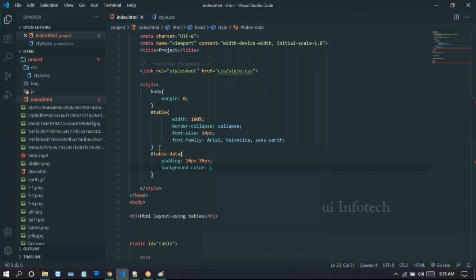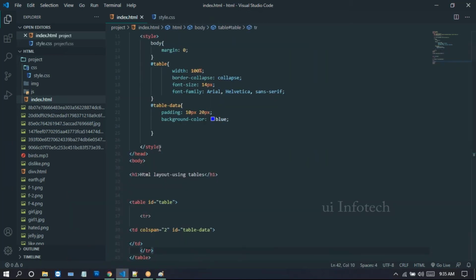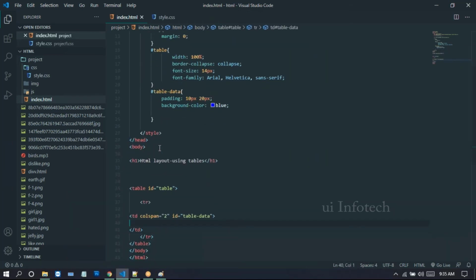Now I just apply the background color. For this background color, I'm taking blue here. Now inside this td, I'm taking this h1. For this h1, I'm writing welcome to tutorial, or you can also take header.